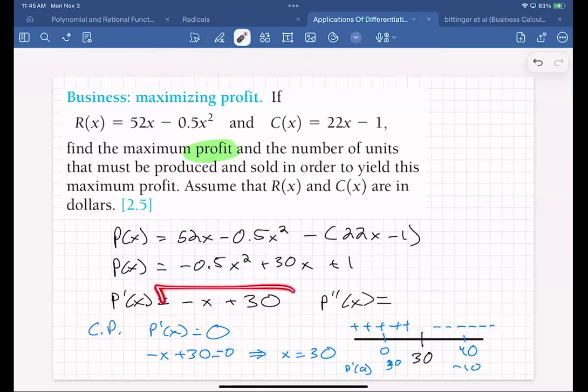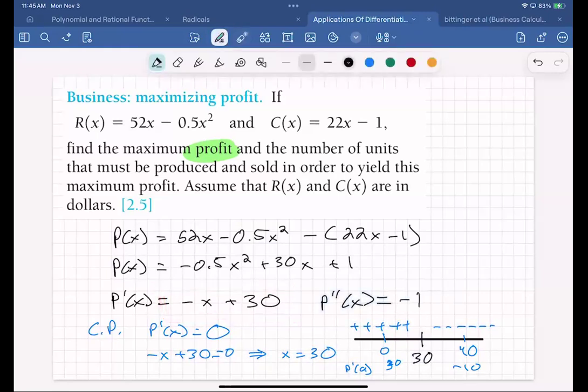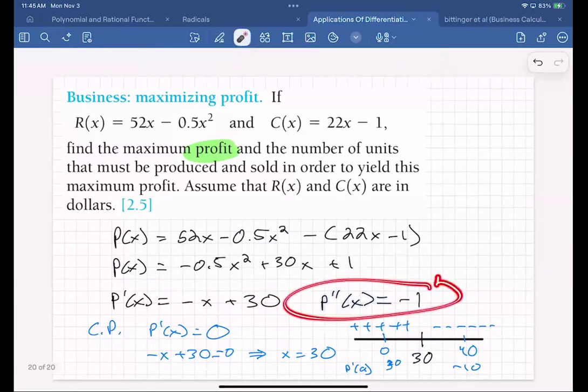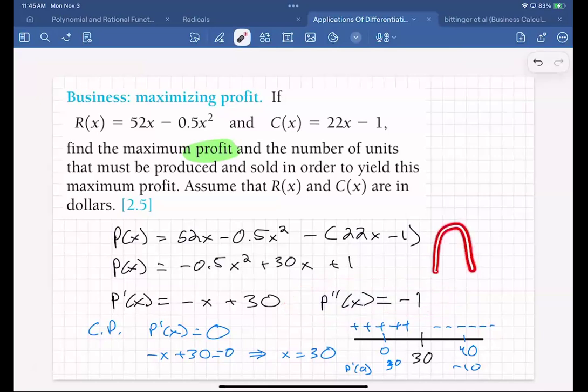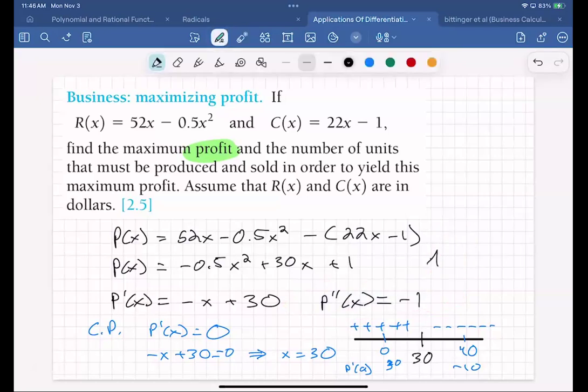What's the derivative of this statement? -1, right? That right there is going to tell us that our function is always what? Concave down, right? Because it's always concave down, there's only one possible extrema, therefore we can call it the absolute extrema, right? So we can say, hey, there's an absolute max